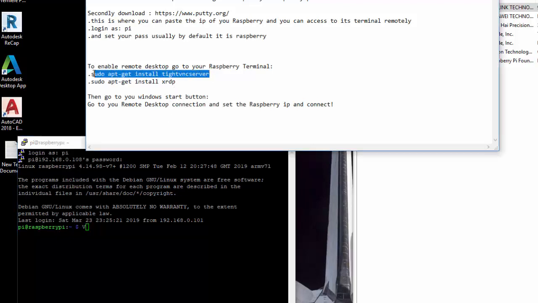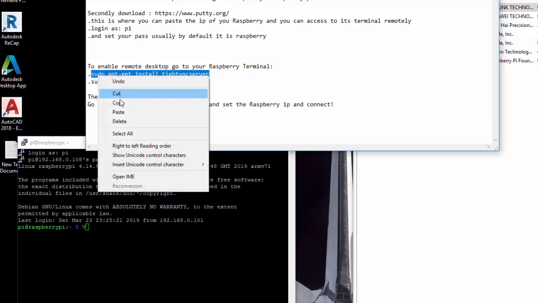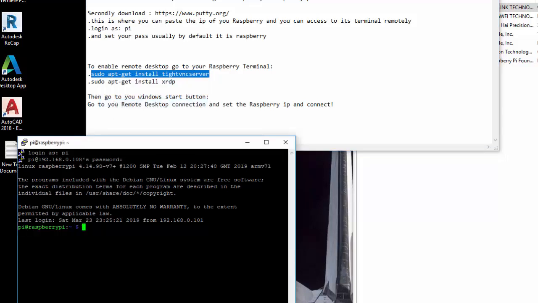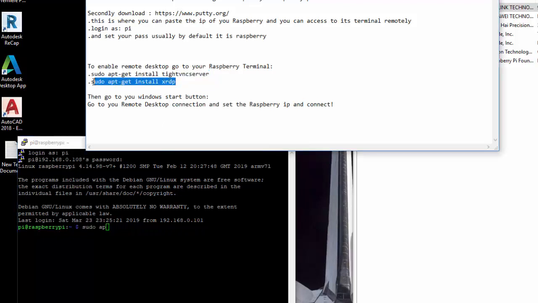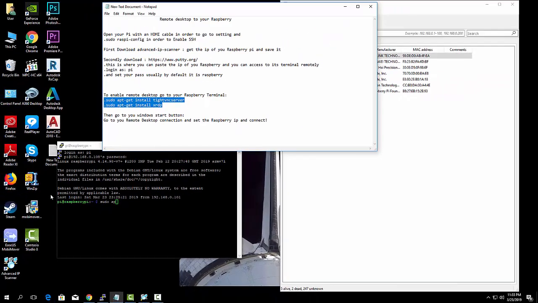Okay, I didn't copy it. I don't need to do it because I've already installed this. So you should do this and then press enter. So I won't install it, I already have it. Next, you need to install this guy, sudo apt-get install xrdp, after installing this. So once you finish those two command lines, the last thing you should do is